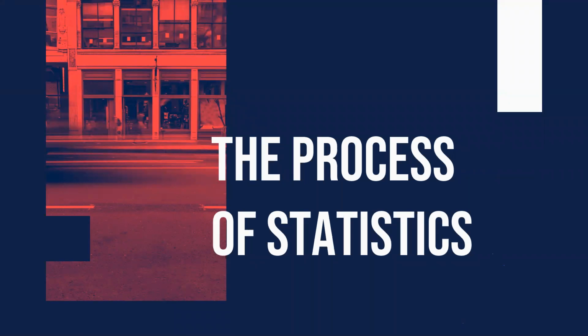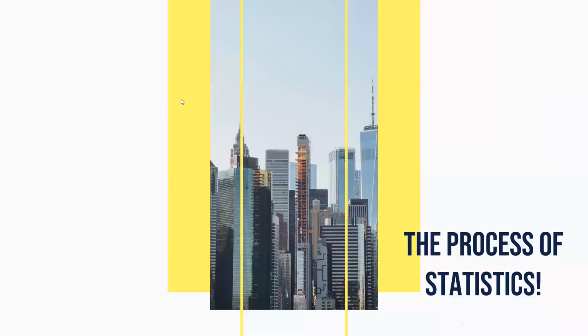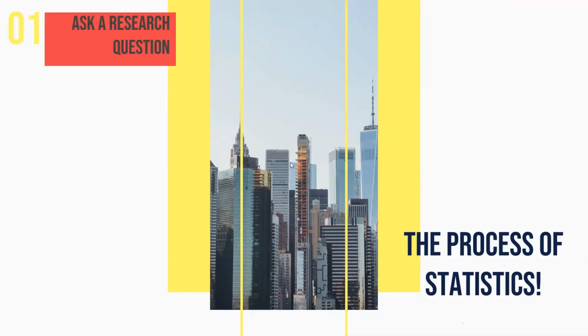Statistics, you can think of it as a branch of mathematics, right? Mathematics is a foundational science. So there has to be a scientific process or a statistical method for statistics. In our course, stats is going to be broken into a 5-step process. The first step in statistics is always to ask a research question. What am I trying to show with data? What am I trying to have data tell us?